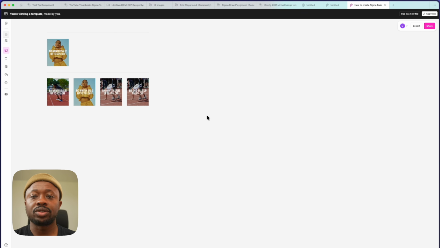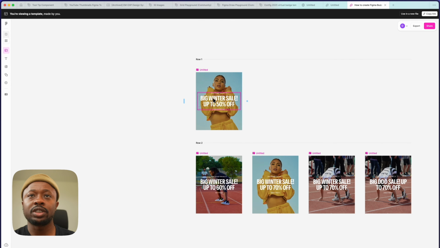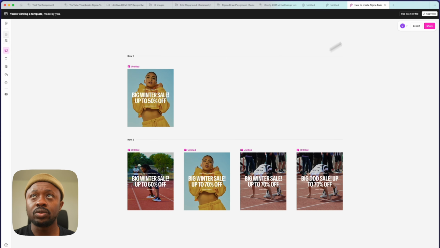In this video, I'll be showing you how to create reusable assets for your team right from Figma Buzz. It will give you the opportunity to create an asset once and everyone on your team can import those assets and edit those assets and even upload bulk files like spreadsheets if they have multiple forms of design they would like to use. This is all done in Figma Buzz, and how you do it is when you go and